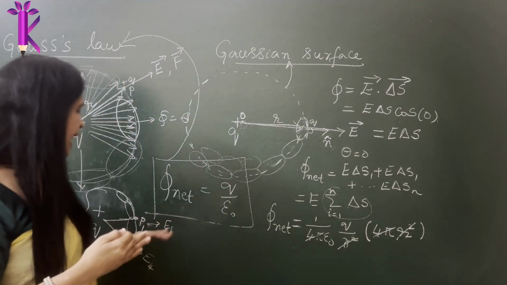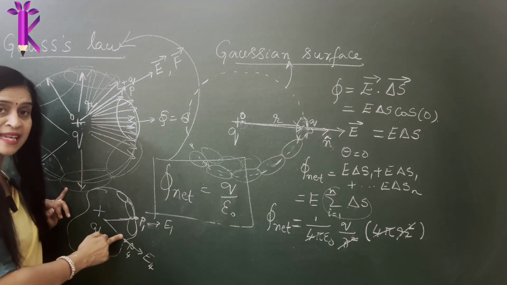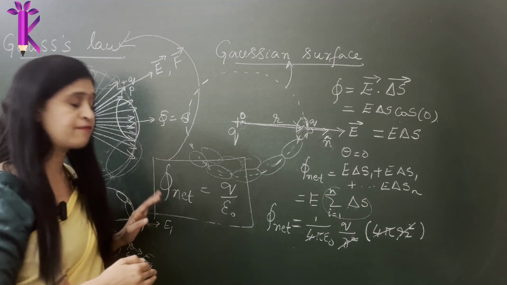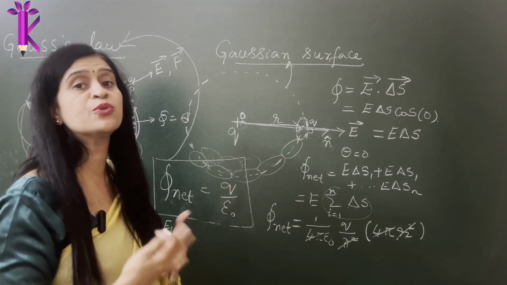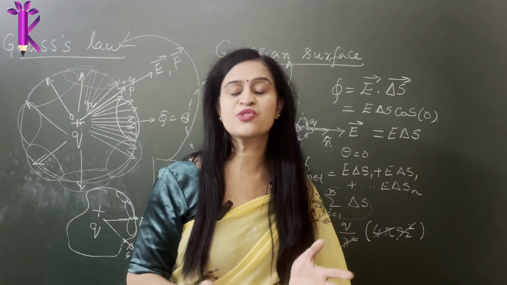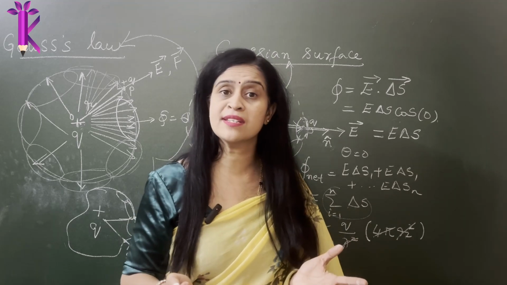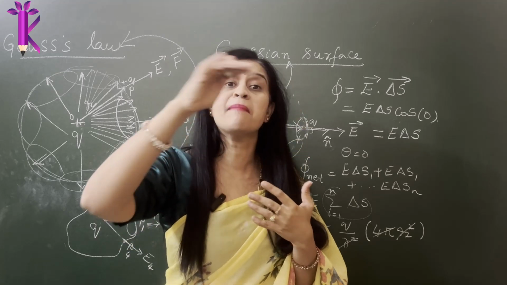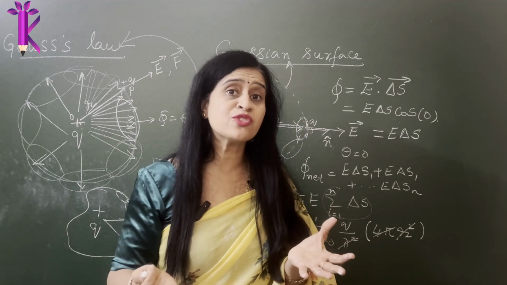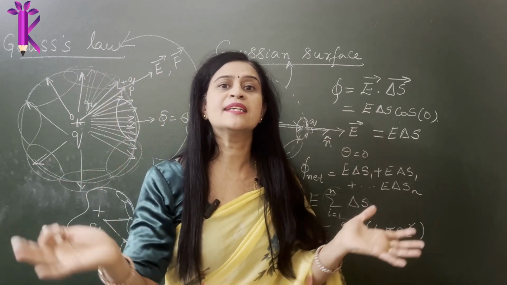Here you will be messing it up, because not only the magnitude, the direction of the electric field might also change if you take any random shape. To simplify such calculations, always choose your Gaussian surface. What is a Gaussian surface? It's a surface that we imagine around a charge, any given charge. Why are we assuming it? Because we want to calculate the total net flux.